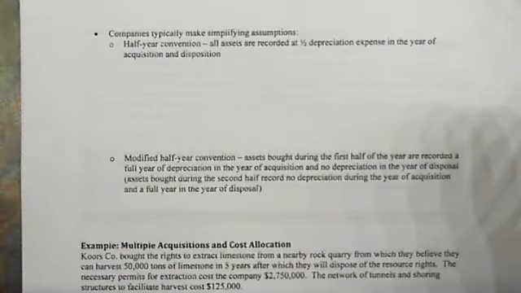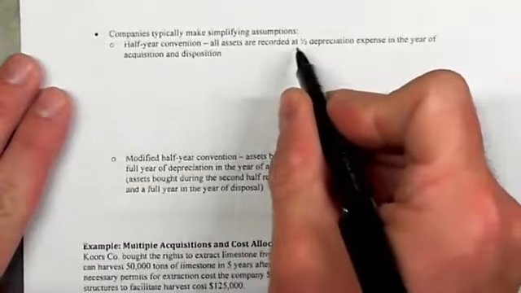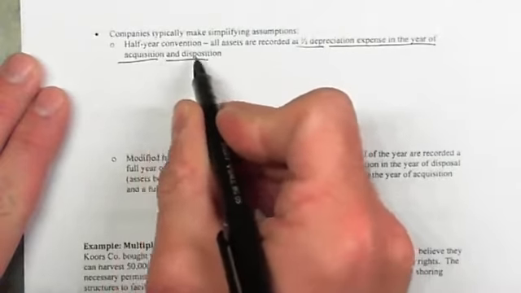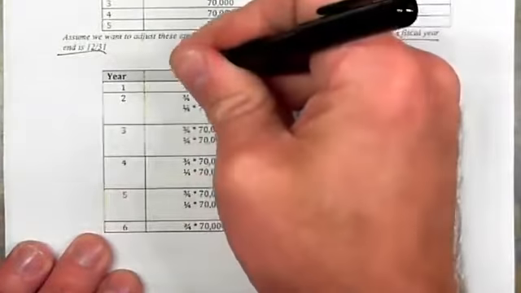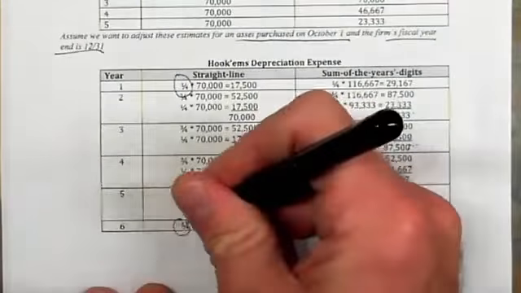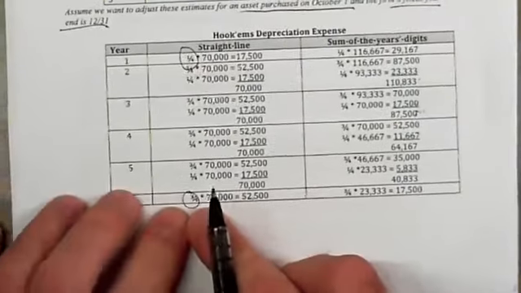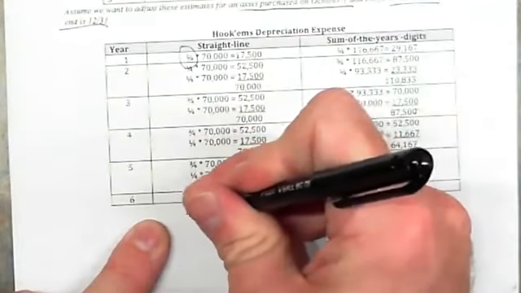If I bought it December 31st, nope, bought it on July 1st. So then we record half the depreciation expense in the year of the acquisition and disposition. Now notice, when I looked at the exact partial, when I bought it with only a quarter of the year remaining, I had a quarter of the year in the beginning year and 3/4 at the end of the year. So all the half-year assumption does is it takes a quarter from this year, subtracts it off,